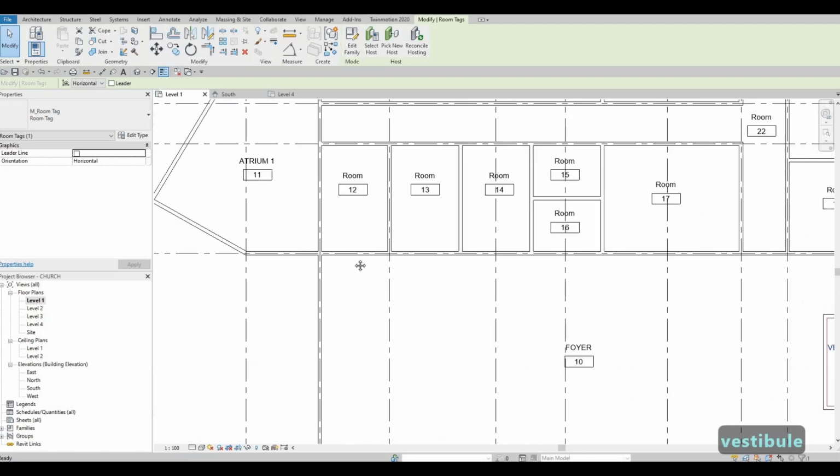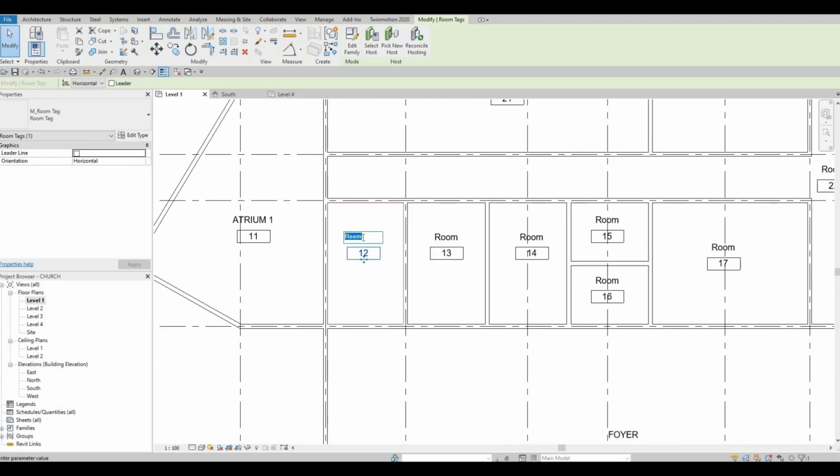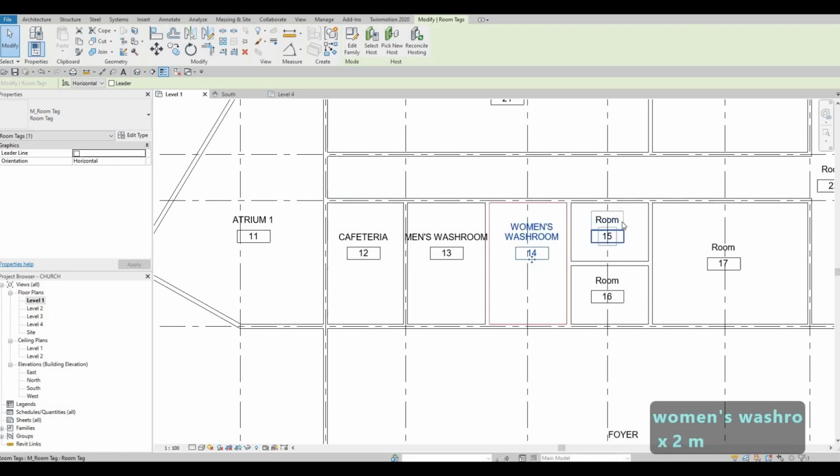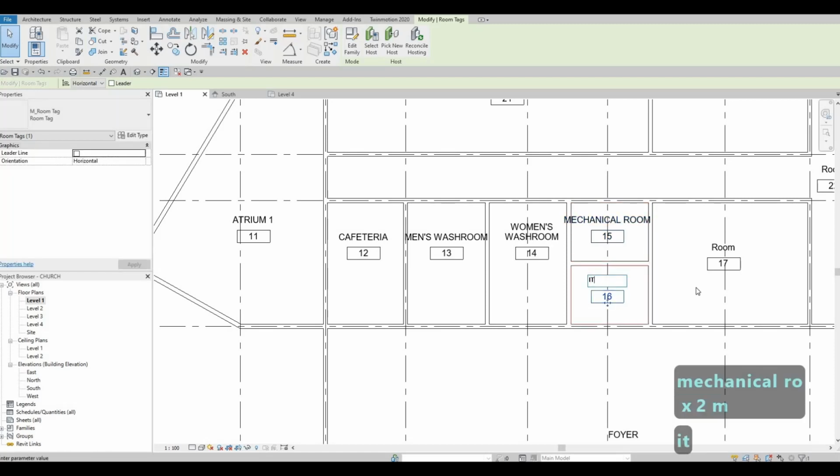Above here we could put like a cafeteria right here, and then we also have men's washroom, women's washroom, and then here's our mechanical room, IT, storage,